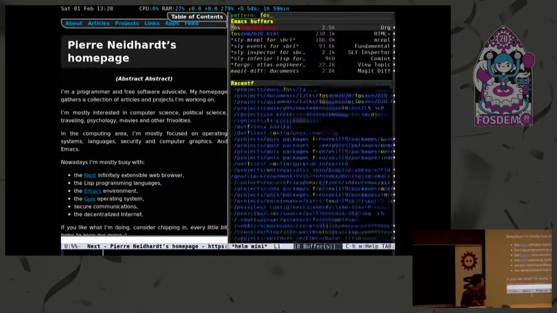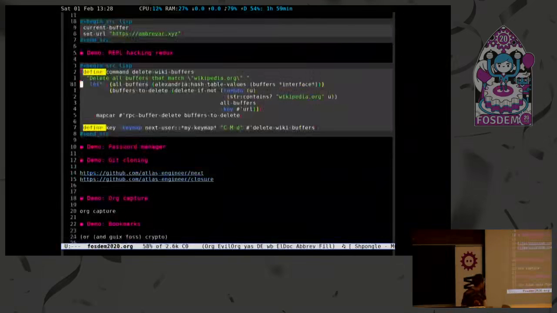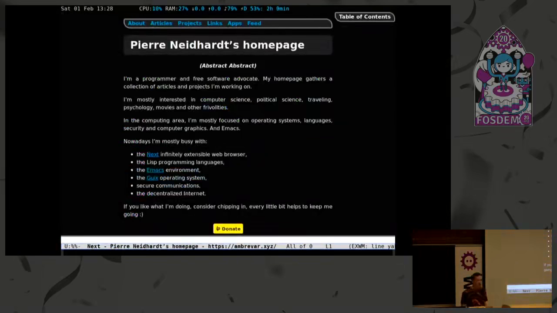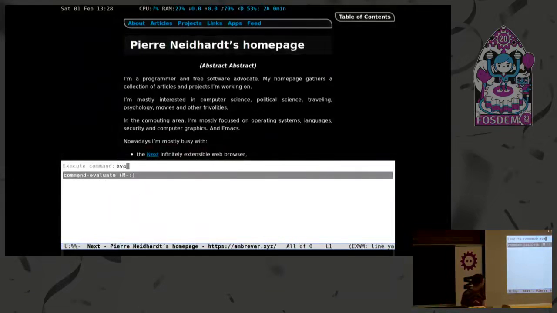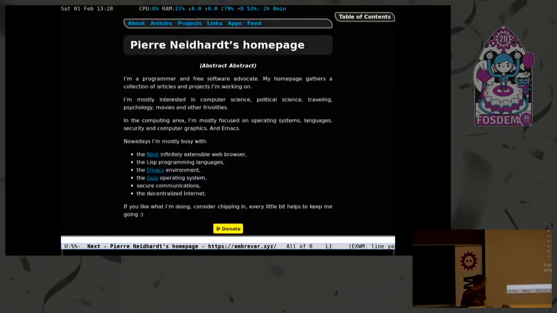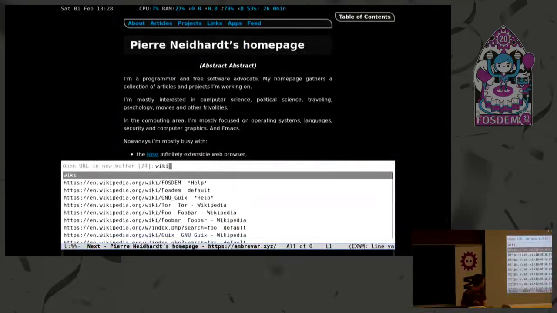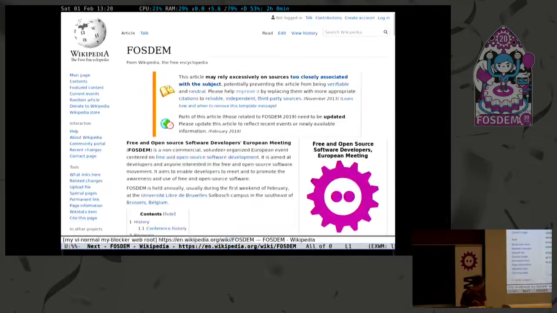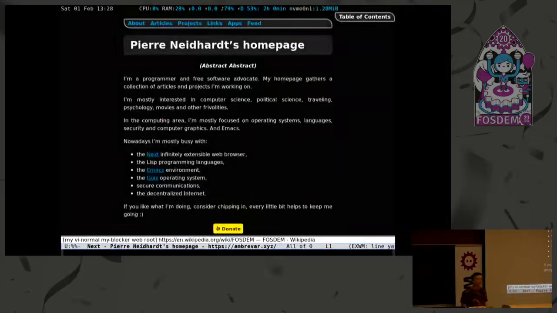I can bind it to a key, and if I do this, I can evaluate code even from within Next. You don't need an extra setup, that doesn't matter. So if you command evaluate, and I evaluate this here, there, so I evaluated the form. Now I open a new Wikipedia window, FOSDEM, and I've deleted all the wiki. Just pressing the right key binding, I've rerun the command again.